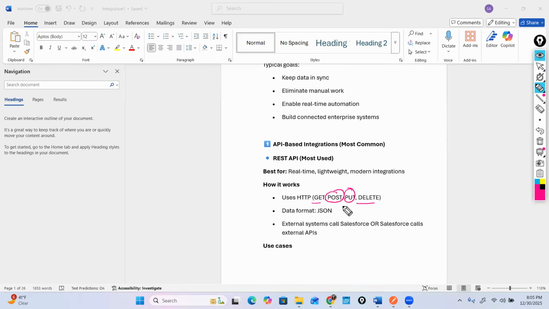So the data that it accepts is either JSON or XML. Both of these, the REST API accepts data in JSON as well as XML. And from Salesforce, what will happen? Let's say Salesforce wants to talk to another system. So one way is this system will expose their APIs so that Salesforce will be able to hit this API